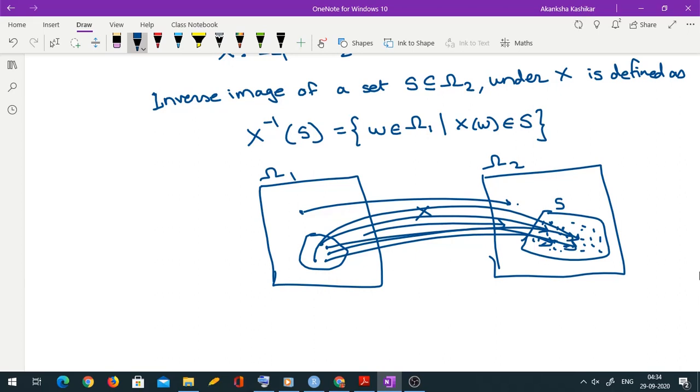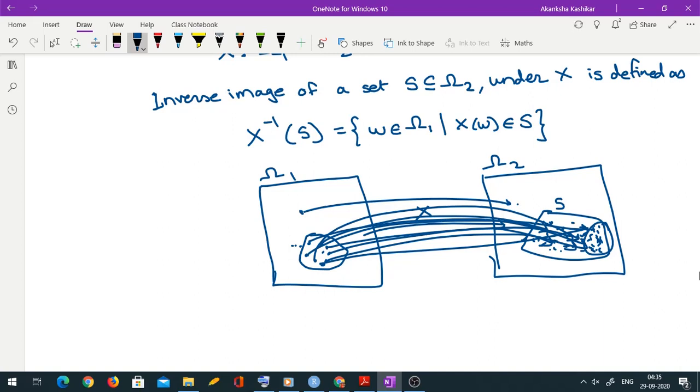There are a couple of things. If I have say 10 points in this left hand side set, then for each of them I am going to have some image here. It is possible that two of them go to the same point, that is allowed. Two of them or three of them going to the same point is allowed, but each one of them should go somewhere. You can't have a blank element in here because it's a proper function. On the other hand, you can have extra elements sitting over here on the right side. You don't have to worry about them.